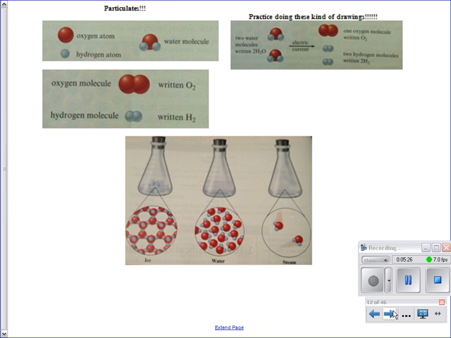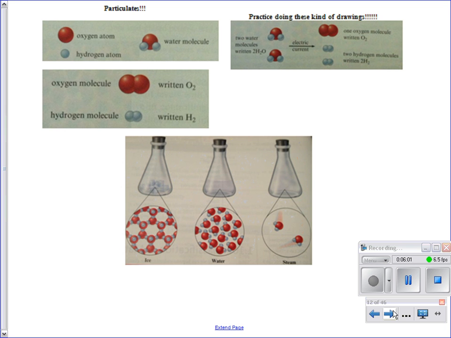Now, this is really important. You get the demo cough. That means it's on the test when you hear me do that. What's new this year on the AP exam is the need to draw particulate diagrams or to interpret particulate diagrams. So you're going to see a lot of me making you draw stuff, and you're like, are you kidding me? I have to draw this? And I'm going to be like, yes, you have to draw this. You did a few drawings on day one. Okay, kind of weird drawing balls on paper, but that's going to happen a lot.